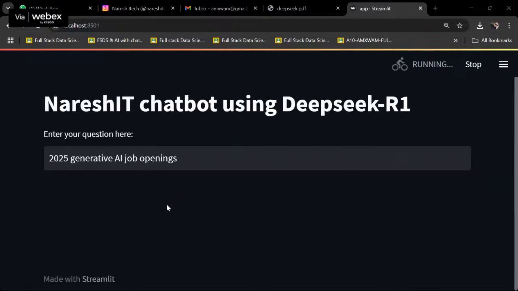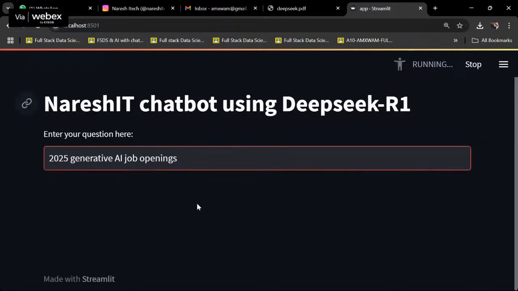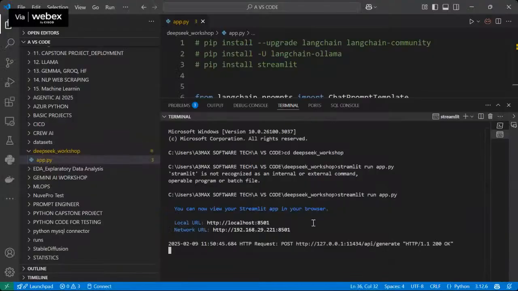We just create a front end where we just create a simple box where you can create a chatbot. So this is what DeepSeek R1 we integrated with. It will take some time because we call DeepSeek model and we use Streamlit, we use LangChain. It will take some time because we don't use any API key. So can I share this code to you?